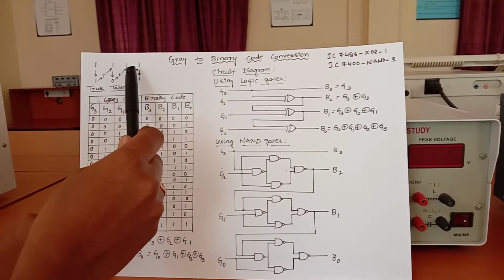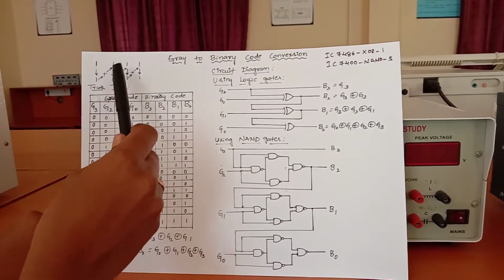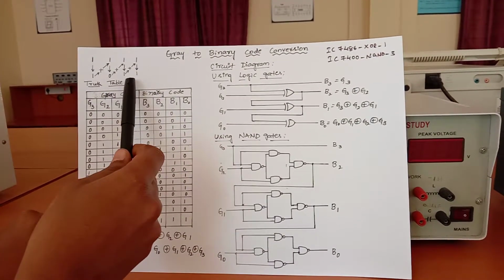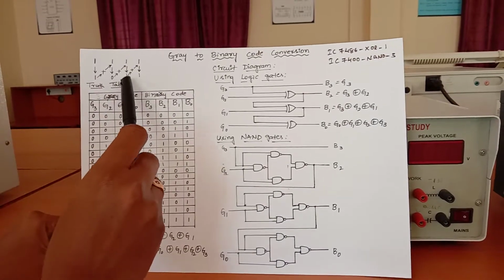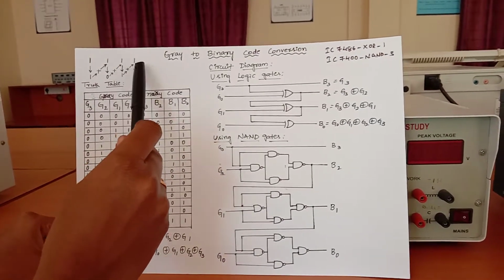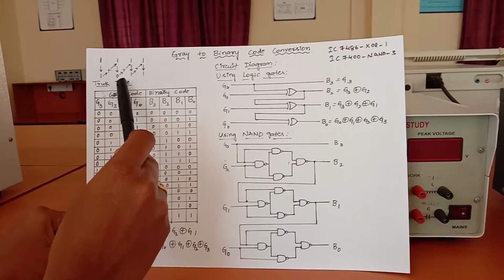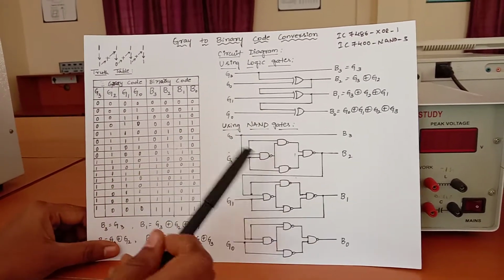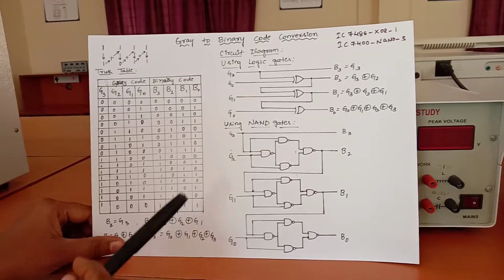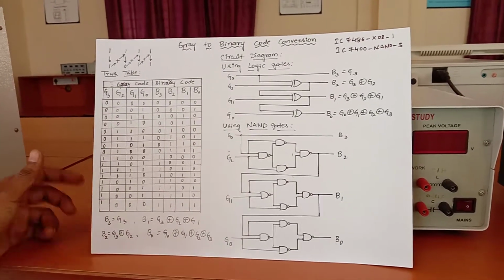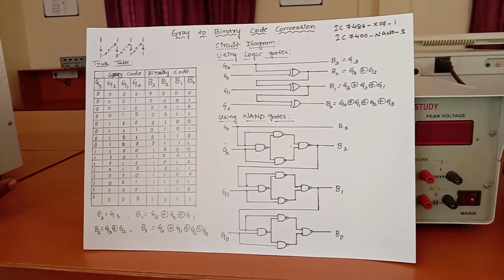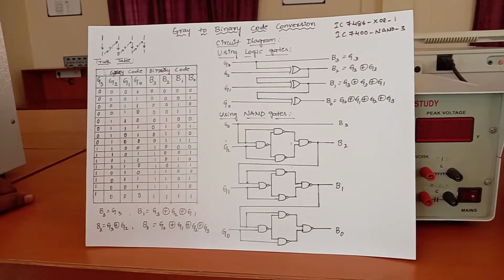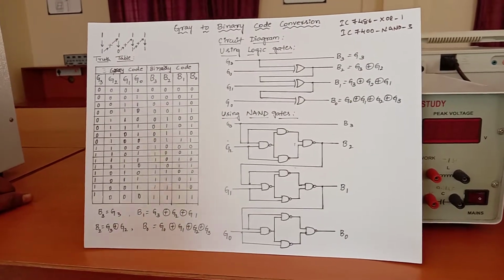Again, whatever output we get from the addition, this bit will be summed with the next bit. So 0 plus 1 gives 0 1, 1 is the sum and 0 is the carry. In the same way, the output bit will be summed with the next adjacent bit. So we get 1 0 as the output, 0 is the sum and 1 is the carry, so that is discarded. In this way we convert gray code to binary code, and while converting we have to follow these steps.